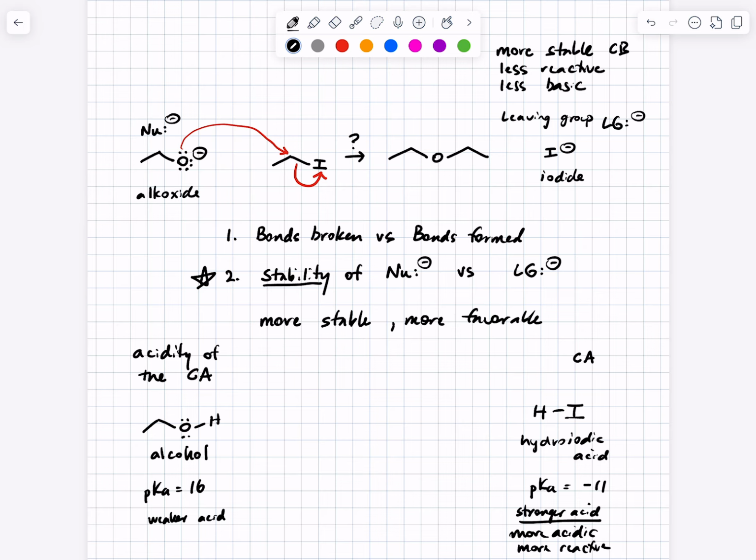And the weaker acid, the less reactive acid, the less acidic acid has the stronger conjugate base. The less stable conjugate base, the more reactive conjugate base. Okay? This is a general trend. Why are strong acids strong? Because their conjugate bases are more stable. Yes? So, basically, what you're saying here